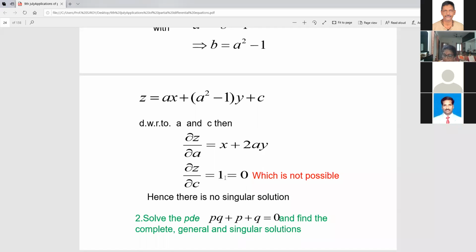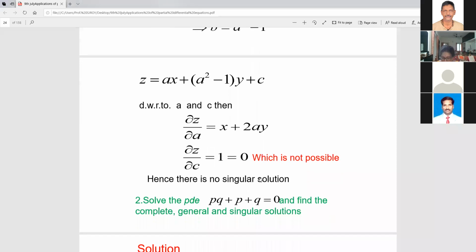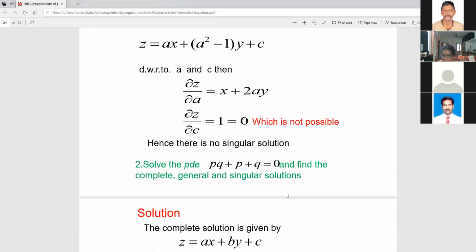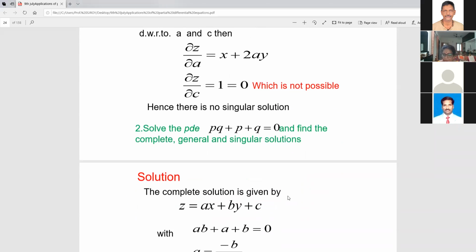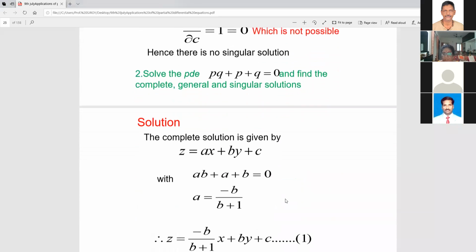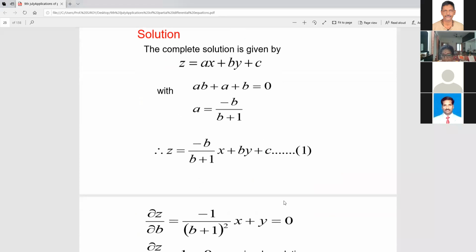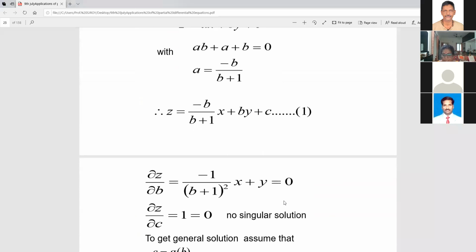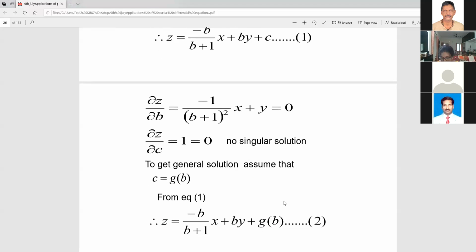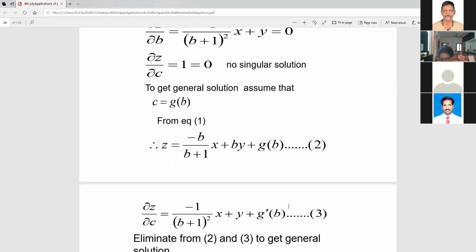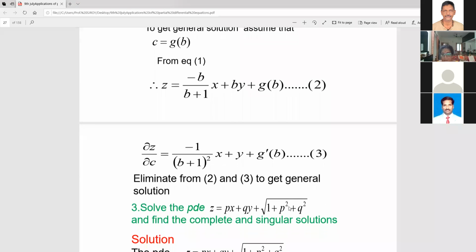Once you equate, we get a condition where 1 becomes 0, which is not possible. So whenever you have only functions of P and Q, we do not have a singular solution. That's what we say to the students. If you have only P and Q, a function of no Z and so on, we'll have no singular solution in that case. We may have a general one. Instead of two-parameter surfaces, we may have a single-parameter surface. So this is general solution finding.